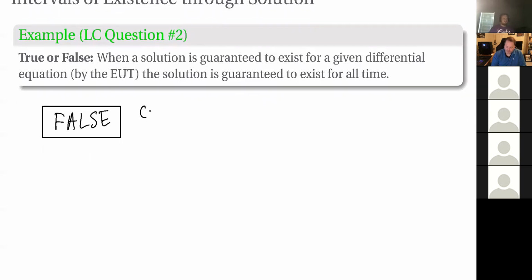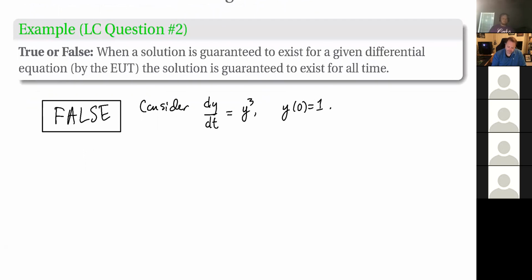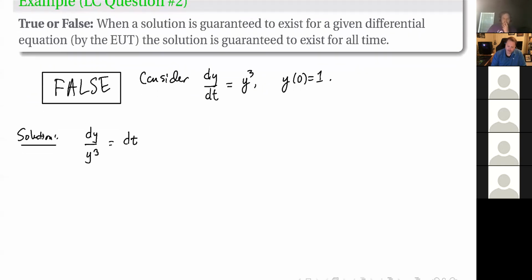is the following. So consider dy/dt equals y cubed, starting out at y of 0 equal to 1. We should be able to solve this. I can get the solution via separation of variables. So this will be dy over y cubed equals dt. If I then integrate both sides,